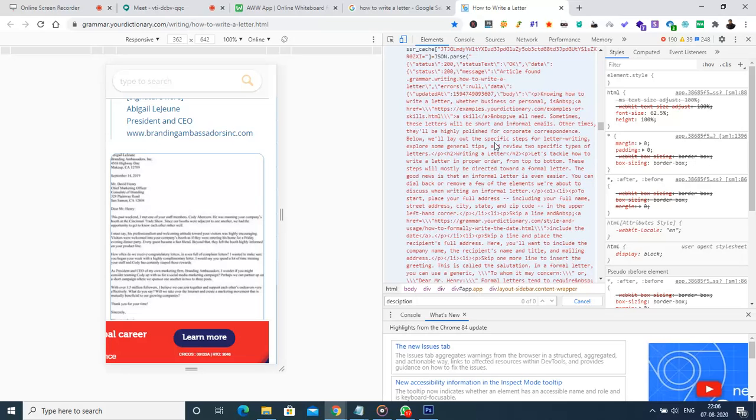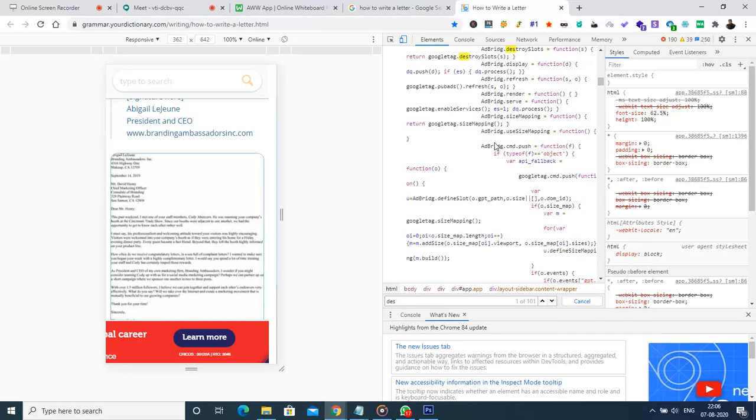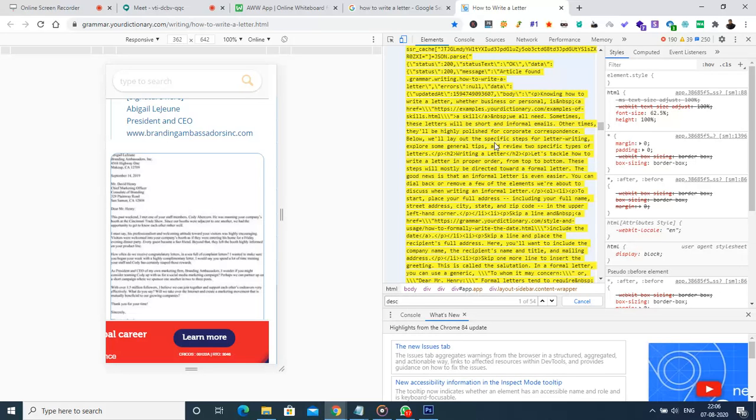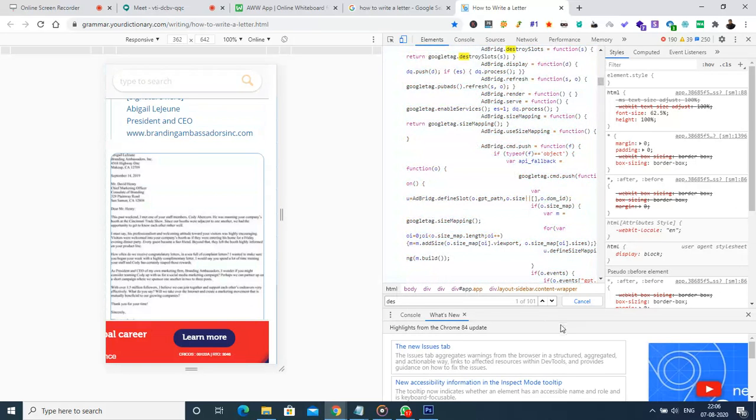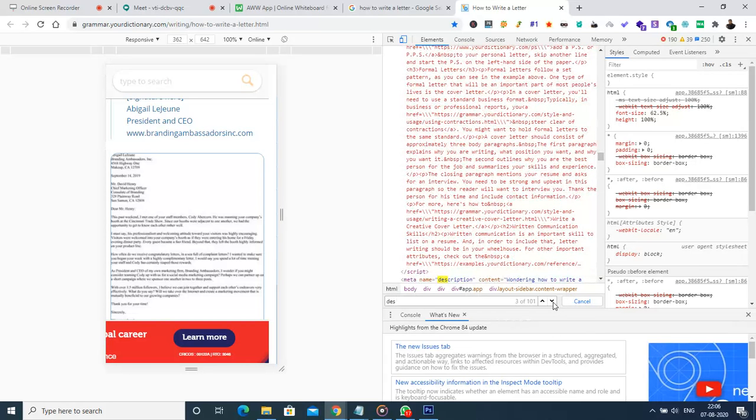I think there is some spelling error that I'm making. Anyway, this is what it is called, description.